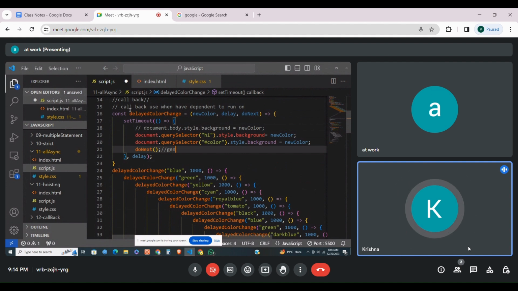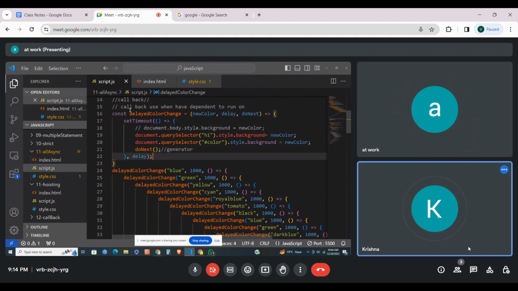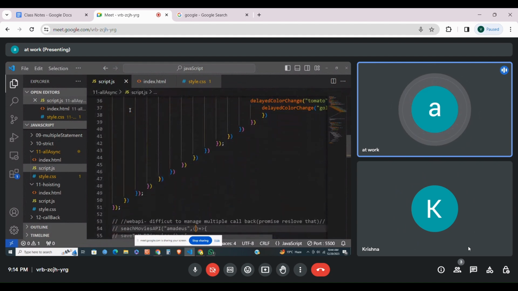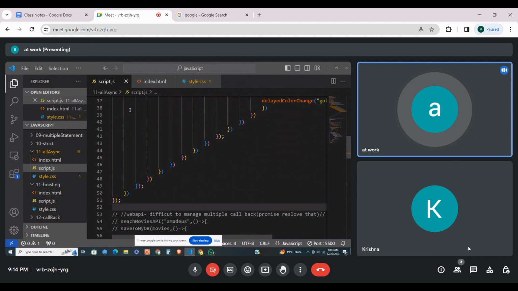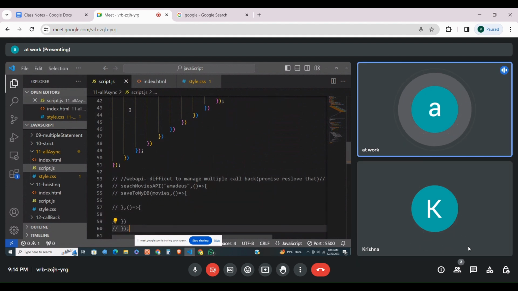Okay. So this is the callback function that I practiced, and I was also implementing how the web API works, the callback. I was following the same classes just to understand how things work. So for the callback,